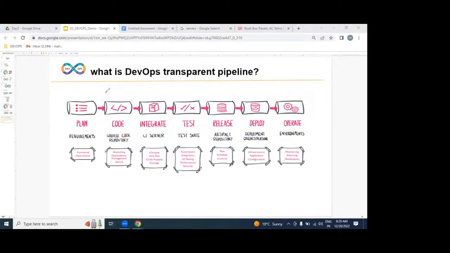So we are not responsible for planning, which is done by the business analyst, not by you. We are part of coding, integration, testing, release, and operation. We are going to implement the DevOps process from dev environment to operations in an automated, transparent way.